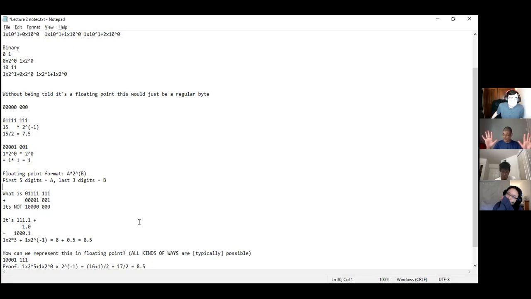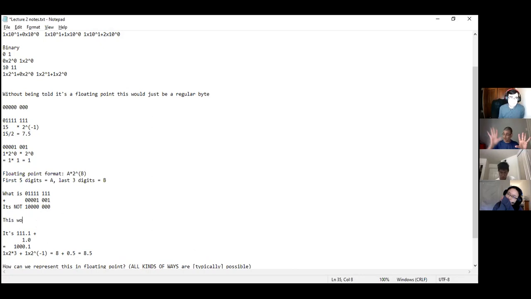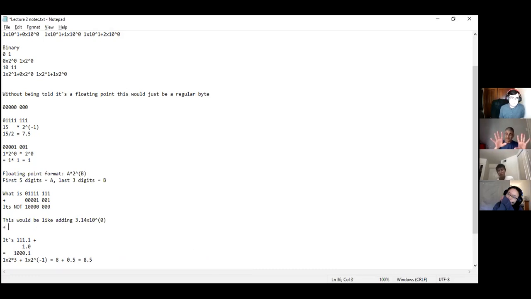So in order to add the two, what do I need to do? I have to turn the 5 times 10 to the negative 1 into something times 10 to the 0. Then I have 10 to the 0 on both sides. I can factor it out, and I can add these two together. I think it was 5 times 10 to the negative 1. Okay. Let's make it 5 times 10 to the negative 1. So then I can turn the 5 times 10 to the negative 1 into 0.5 times 10 to the 0.